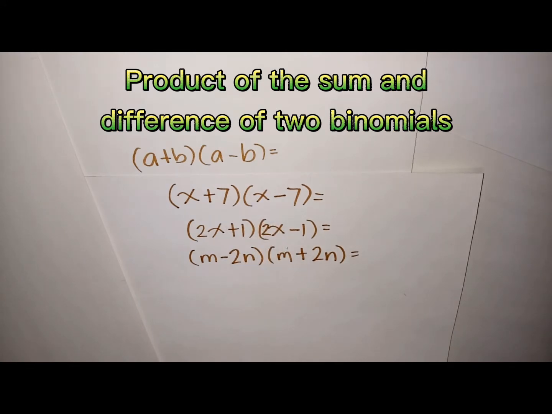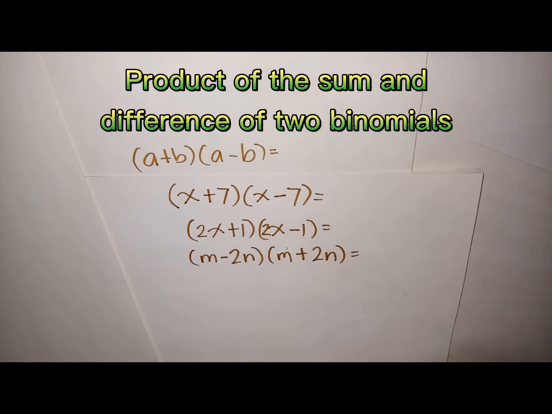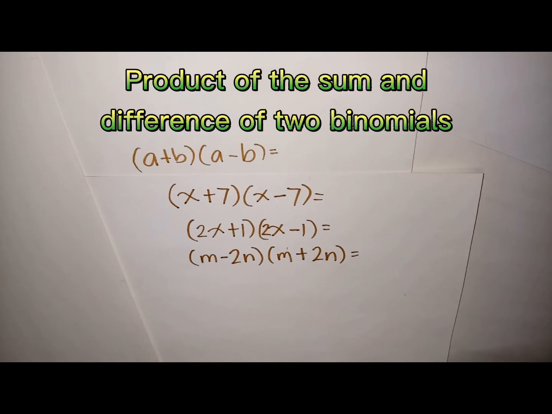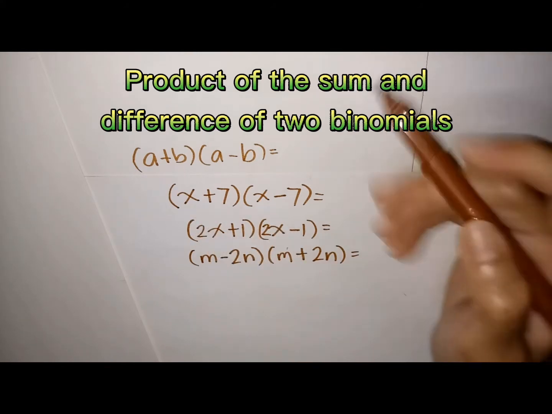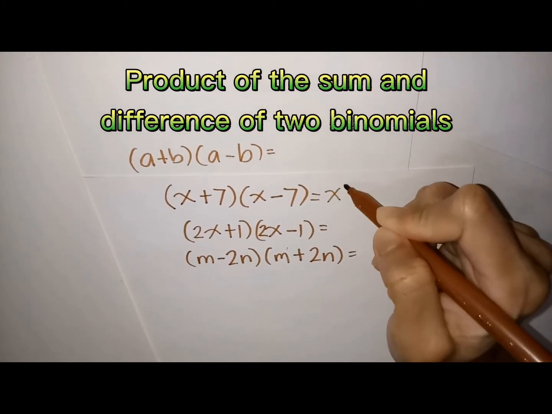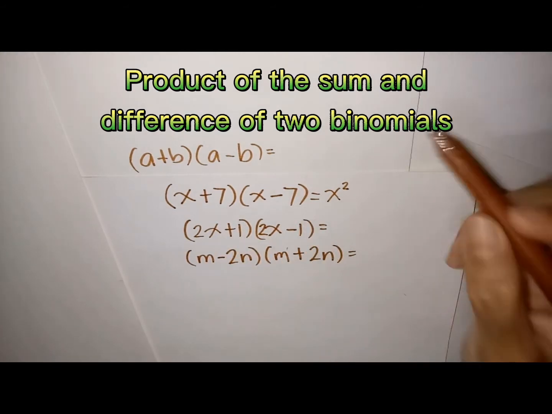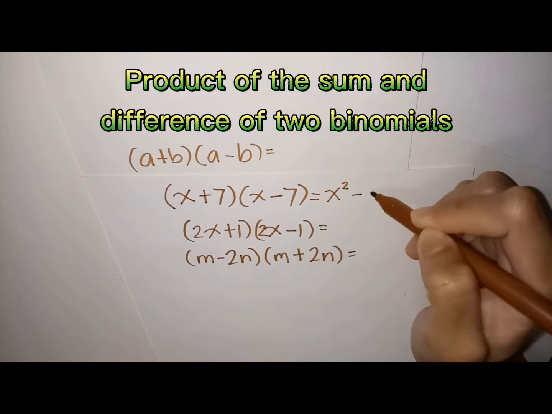And the second term is also the same, so we have 7 and 7. The only difference is the plus and the minus sign. So what we are going to do is just multiply the first terms, x times x, that is x squared. Then we have 7 times negative 7 for the second term. We have negative